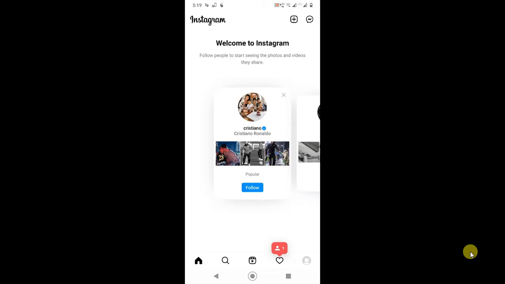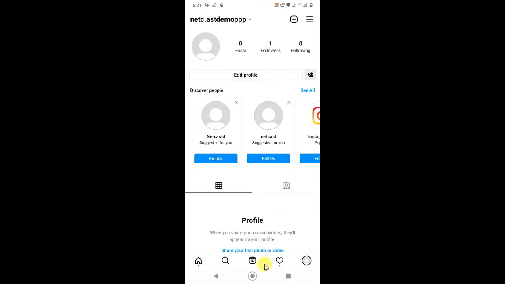You can see if I click on my profile photo in the bottom, I have only one follower, as this is only a demo account. So I'm going to show you how you can hide your followers from others. So if I go on this option,